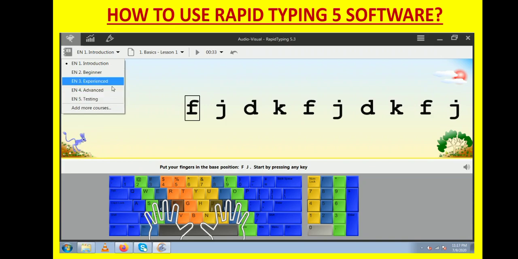In our course, we are going to concentrate only on the two lessons, Introduction and Beginner. So first of all, choose the category Introduction.